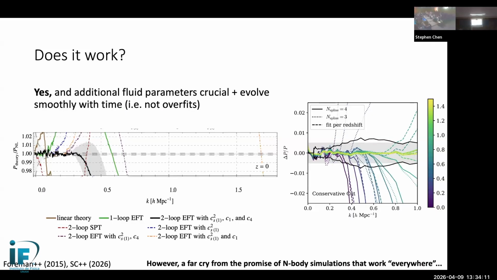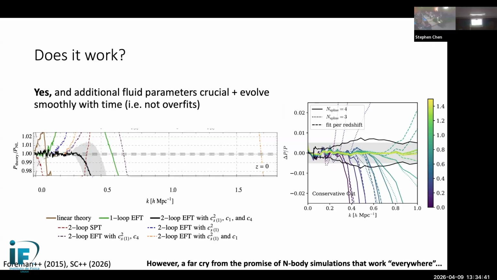But okay, the real question after all this is, does it work? And of course, the answer is yes. Here at redshift 0 is a comparison of the matter power spectrum to a fully nonlinear simulation, and you can see it really matches the simulations. A very, very high precision simulation in this case, one of the most extensive simulations ever run, I think, at a really sub-percent level. And I want to point out 2 things. This curve over here is linear theory, so you can see we're really doing much better than the leading order.